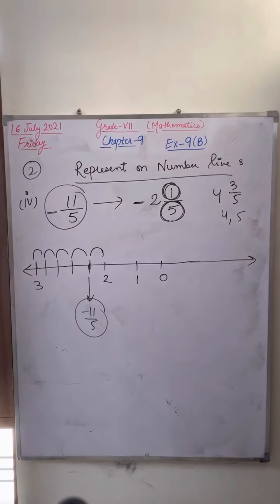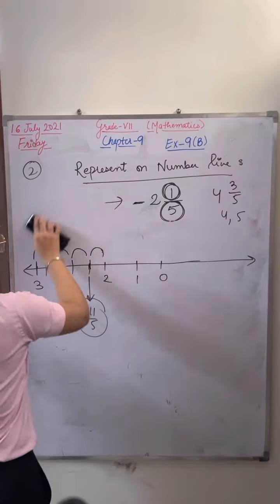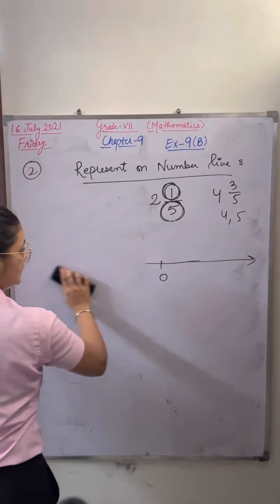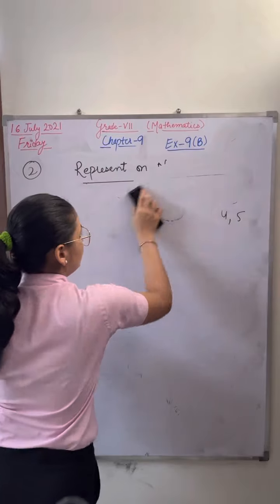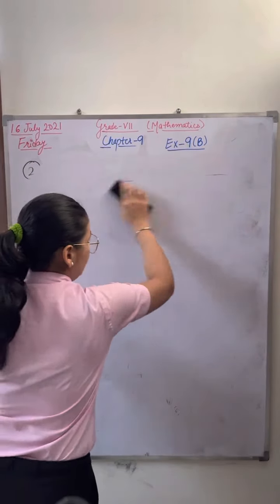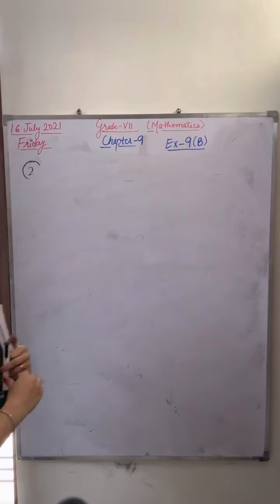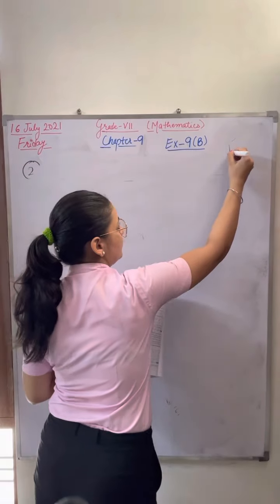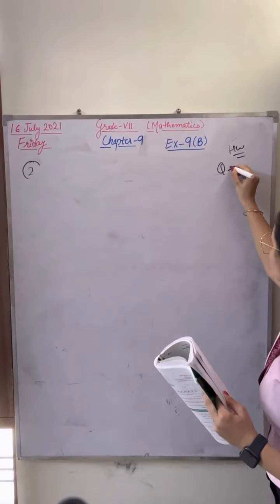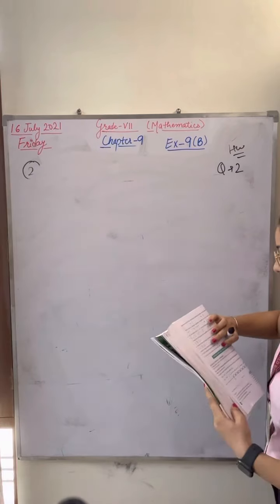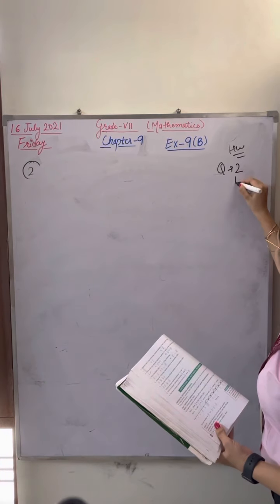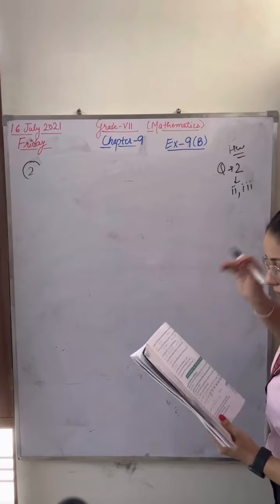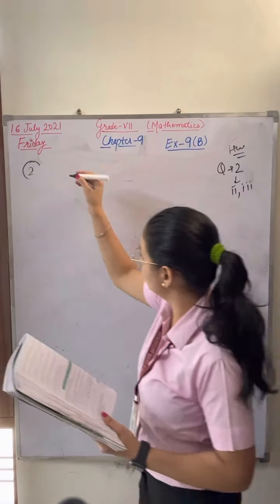So let me start the next question. Now I am giving you these two parts as your homework. In the second question, two parts I am giving you for homework. You have to check whether the number is improper or proper. So please mark. First question, true false, we have done. Question 2, mark for the homework. Which parts? Second and third. Part second and third are your homework. Now let's start with the next question, the third question.